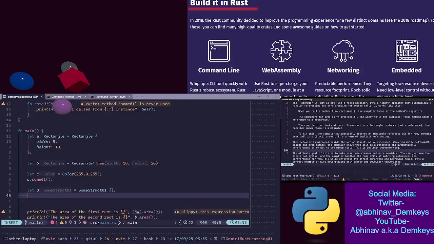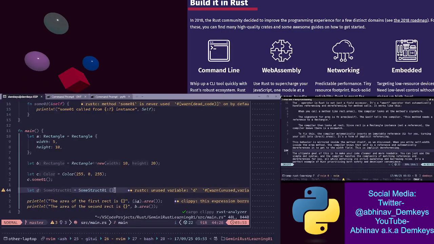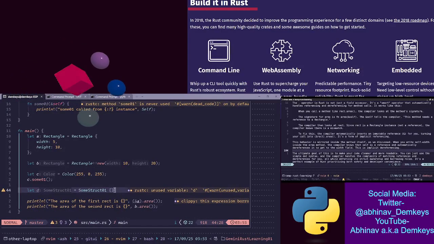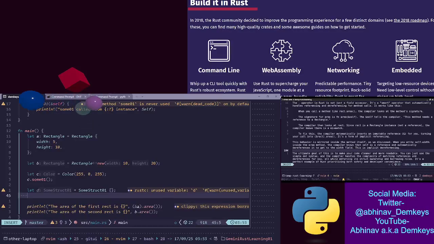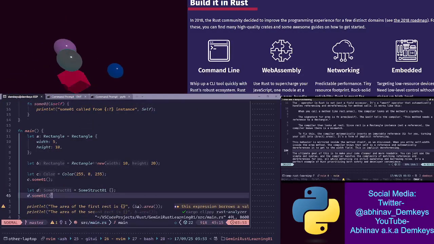I think it's in this way because there's no constructor. Oh, that's something to keep in mind, I guess. All right, and then some. Okay, cool.